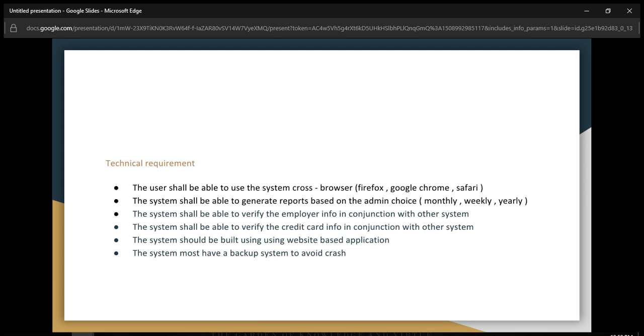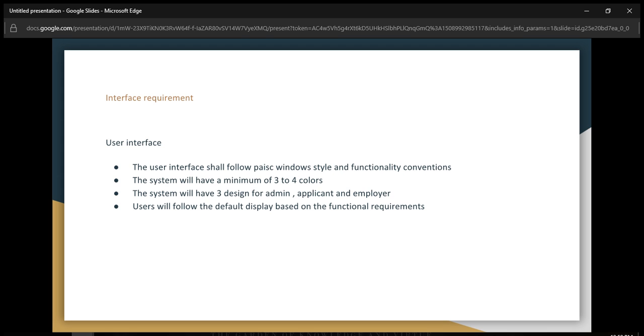Then, moving to the interface requirements, the user interface shall follow basic Windows style and functionality conventions. Also, that the system will have a minimum of 3 to 4 colors. The system will have 3 designs for the admin, applicant, and for the employer. And the user, whether it's applicant, admin, or employer, will follow the default display based on the